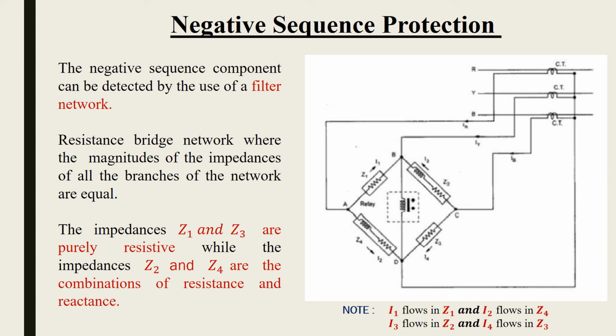Negative sequence protection. We have already seen such type of protection applied in case of induction motor too. We know that unbalanced supply voltage leads to production of negative sequence current, which are very harmful. The negative sequence current so produced as a result of unbalanced supply voltage leads to overheating of the windings, which can cause insulation failure or short circuit fault. Therefore, negative sequence protection is a must in case of generators.